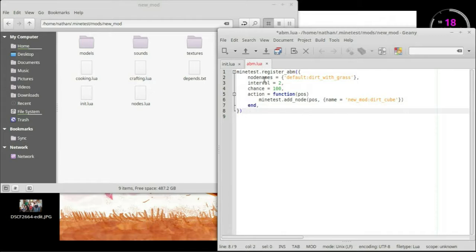So basically what we have here, we have the node name of default dirt with grass. So every default dirt with grass, every 2 seconds, there is a 100% chance that this action will happen. The action is a function based on the position. And we're going to add a node in its position, and the name of the new node will be new mod dirt cube. So basically, every 2 seconds, there's a 100% chance that the default dirt with grass will be replaced with dirt cubes. So let's save this,